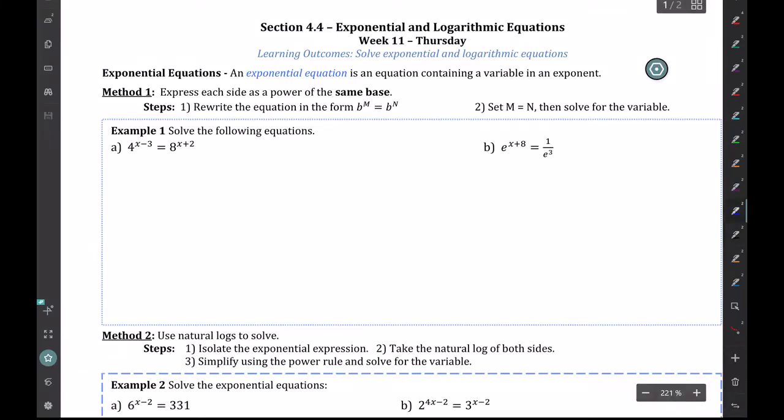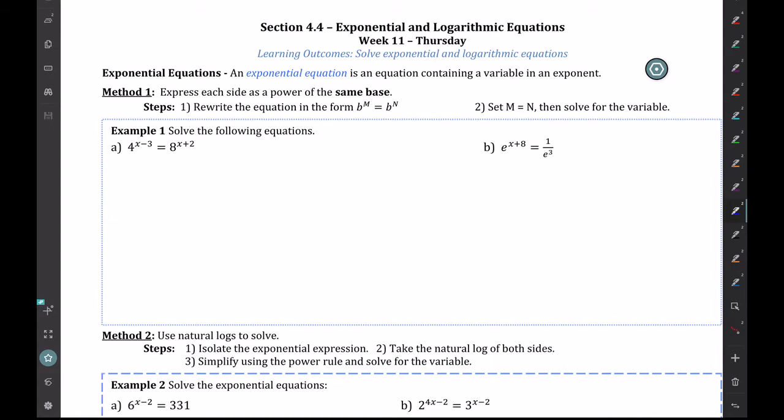Alright, today we're going to look at solving exponential and logarithmic equations. An exponential equation is just an equation that contains a variable in the exponent. So it's got an exponential function in there somewhere. And the first method we're going to look at is to just express the equation as something with the same